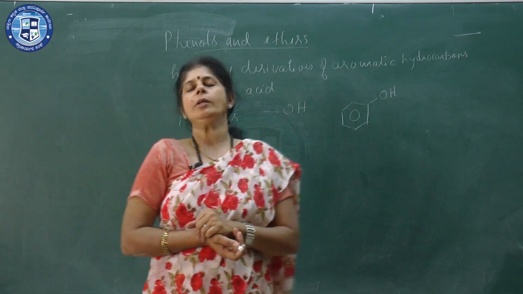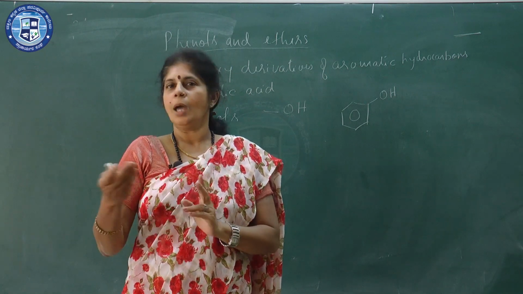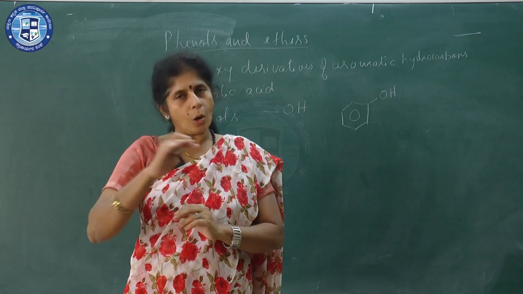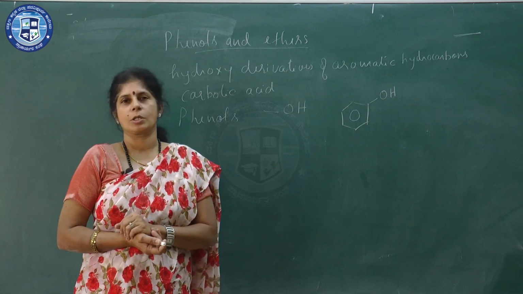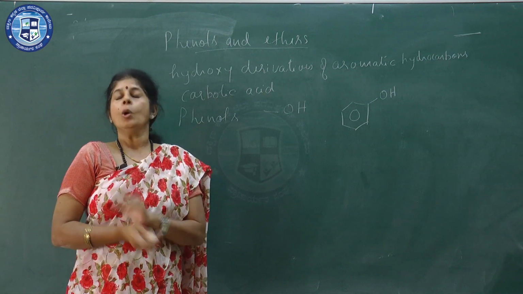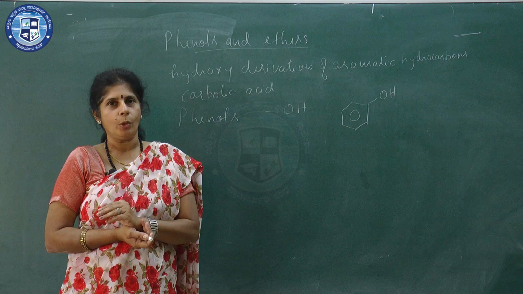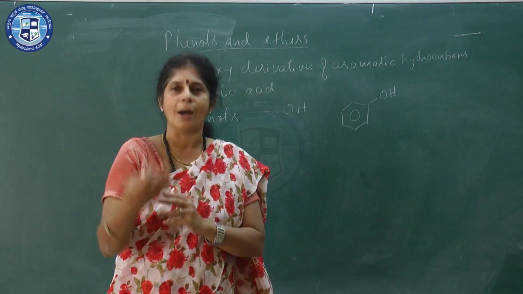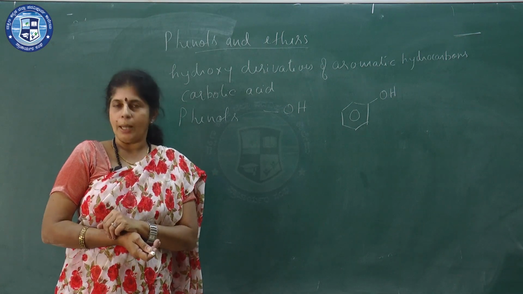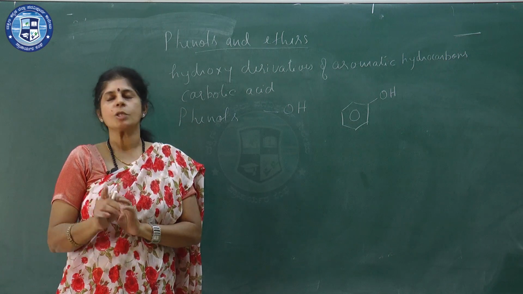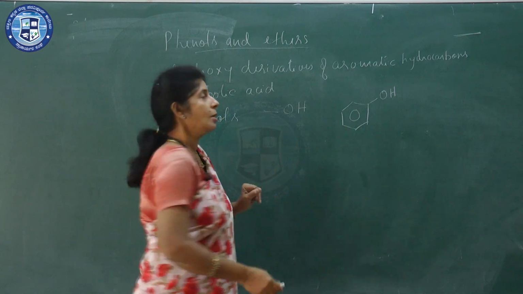And we have different aromatic hydrocarbons like toluene, naphthalene, anthracene, etc. In all such cases where the hydroxy group is directly linked to the aromatic ring structure, we get phenols. It is a class of organic compounds where the hydroxy group is directly linked to the aromatic hydrocarbons. But the first member of this family, where the OH is linked to the benzene ring, is simply known